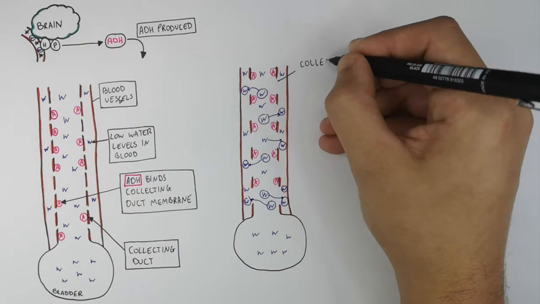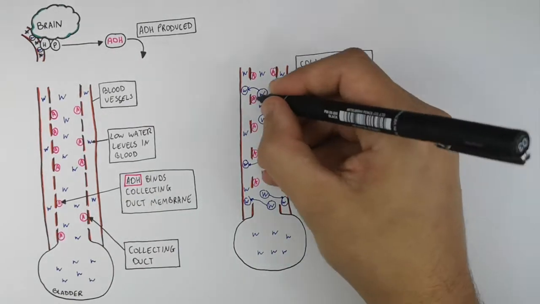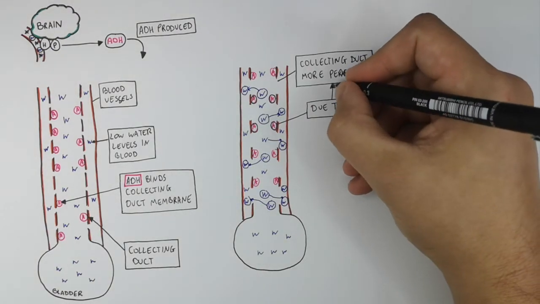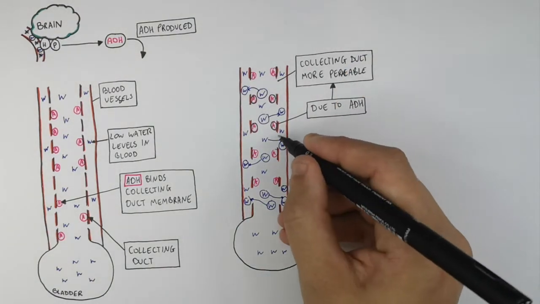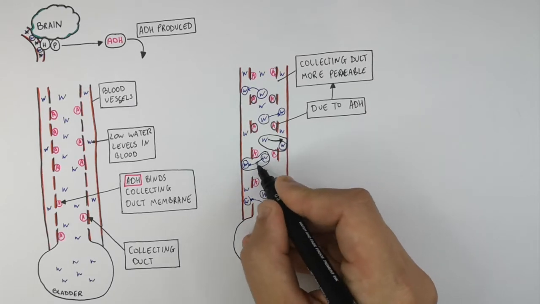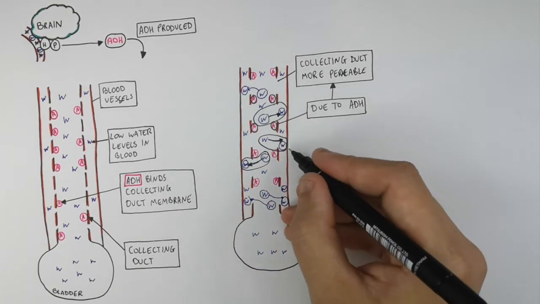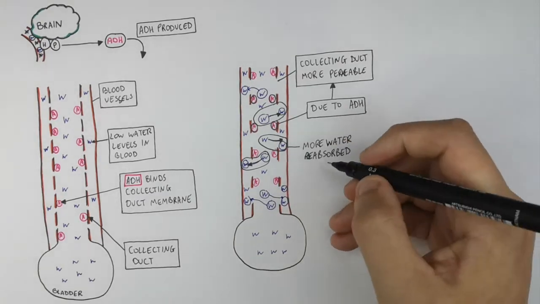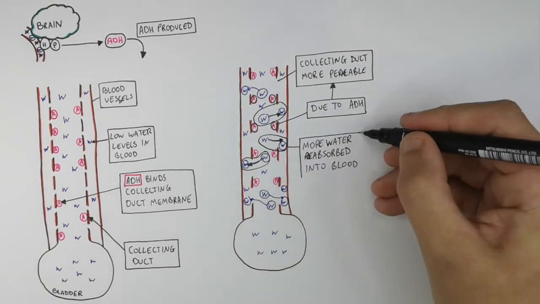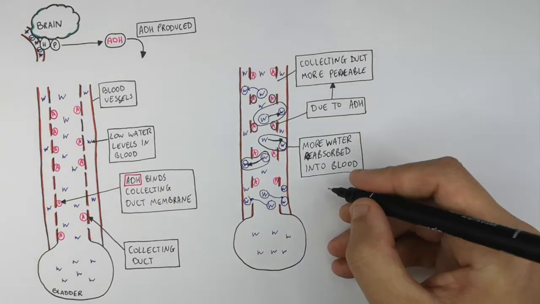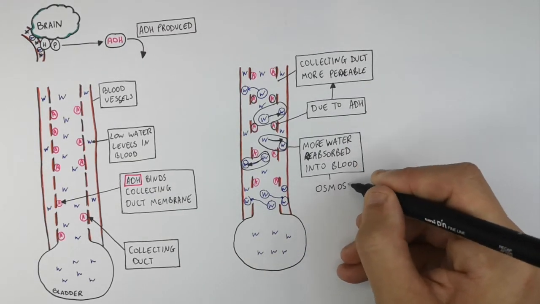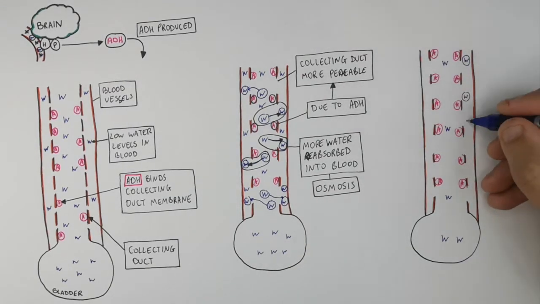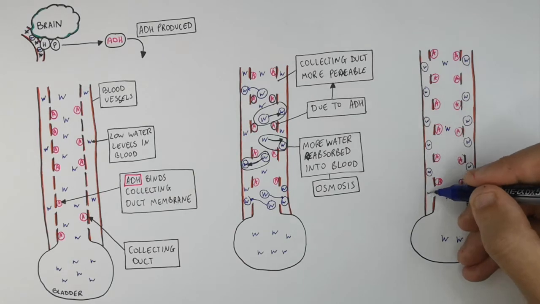So remember, the collecting duct becomes more permeable. This is due to ADH. Because the collecting duct is more permeable, more water is then reabsorbed into the blood from the collecting duct. And because it's water transport, it is osmosis. So now there is an increased level of water in the blood and a lower level of water in the collecting duct,